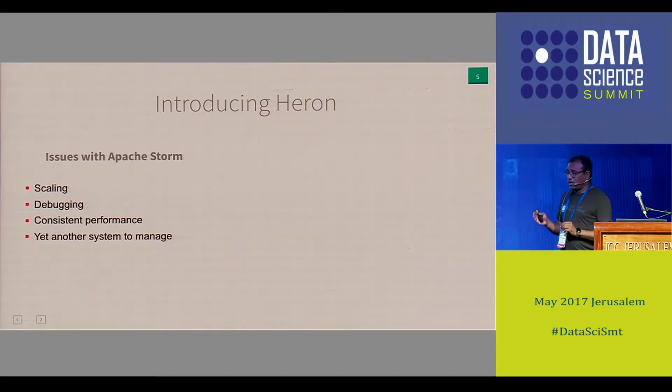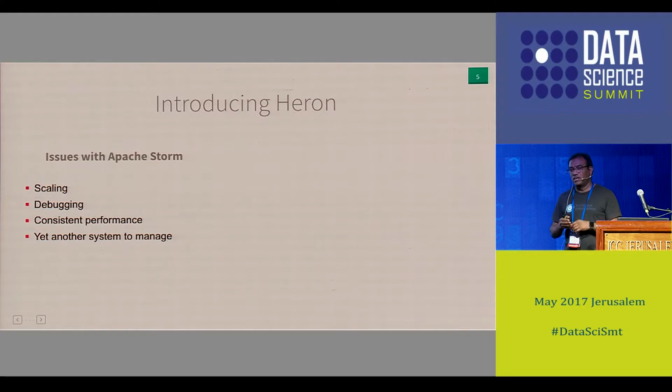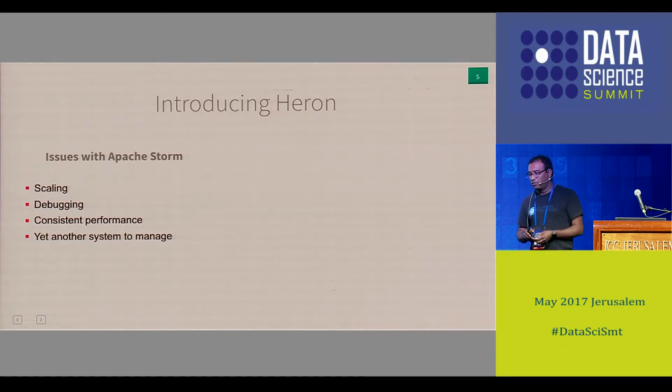The second acute problem was debugging. If you wanted to debug a Storm job or a Storm topology, it's extremely hard because you cannot find out where the logs are going to be. And even if you get the logs, since it's a thread-based system, all the data coming out of different threads are congregated into a single log file, and finding the log in a sequential fashion for a particular spout or a bolt is going to be a problem.